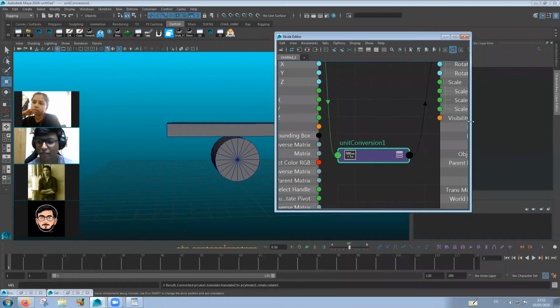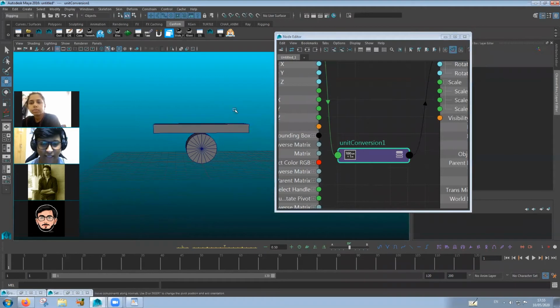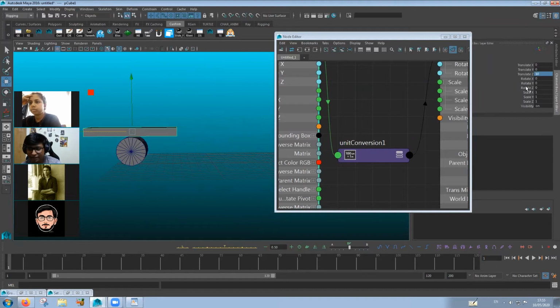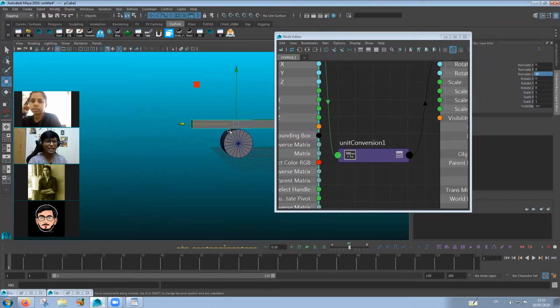Okay. So that is what is happening here. You don't have to worry about it. So what we're going to do is we're going to check out how much rotation is happening. Okay. As we can see, very less rotation, because if you convert say 10 centimeters to 10 degrees of rotation, it is very less. 10 degrees of rotation is barely noticeable. All right. So we need something to multiply the effect between them.